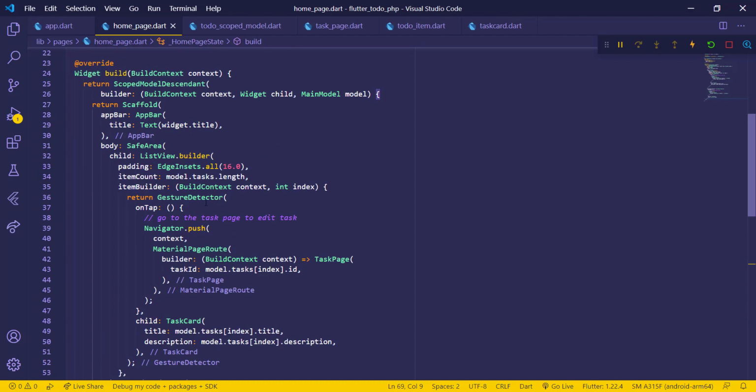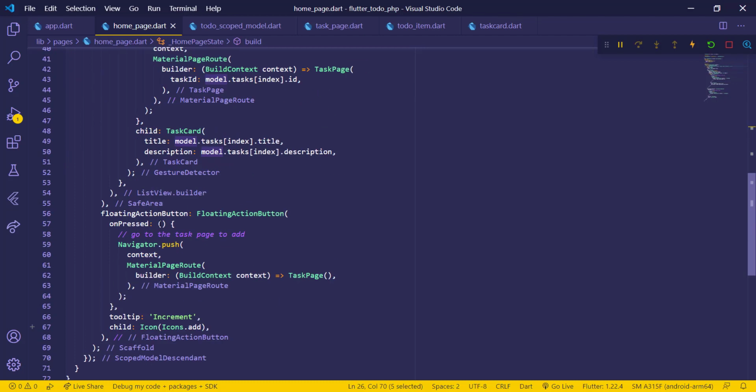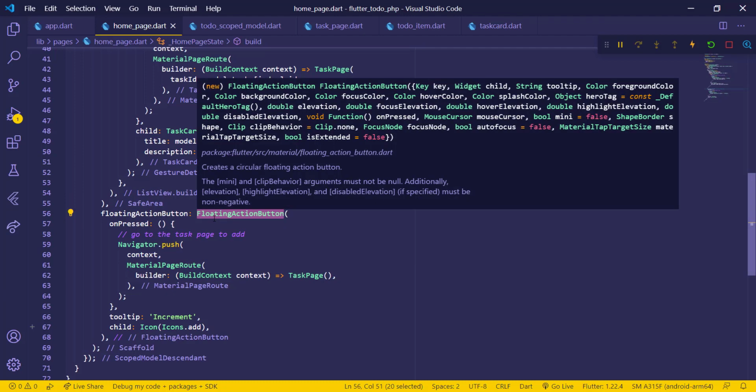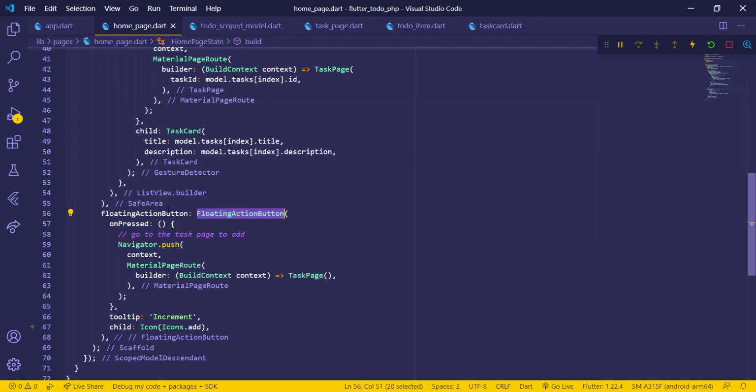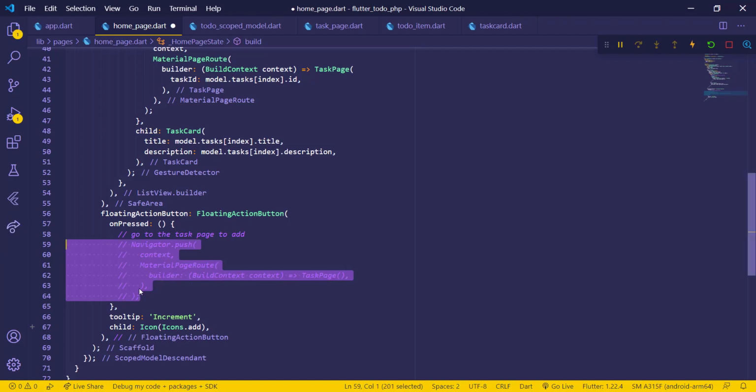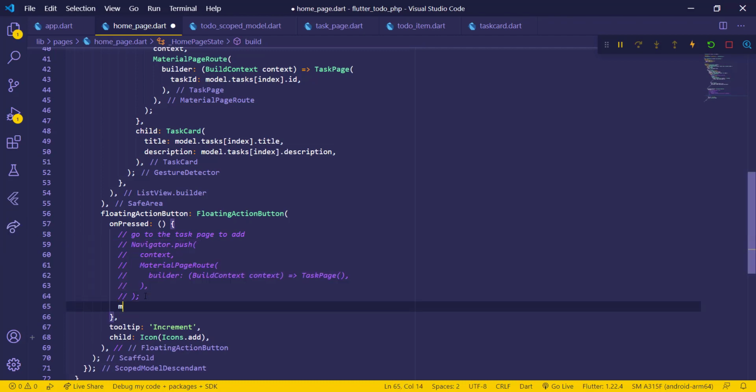Now if I do it this way, you can see that the error that we had for the list view is gone, because now we have access to the model again. And in this same sense, the floating action button is also having access to the model, even though we didn't wrap just the scaffold, we didn't wrap the floating action button with the scope model descendant, but we still have access to it. So if instead of moving to that page, I want to just comment this code for now, and instead I want to call the